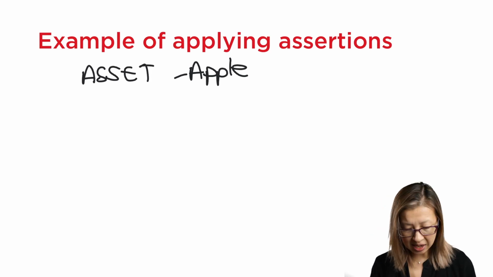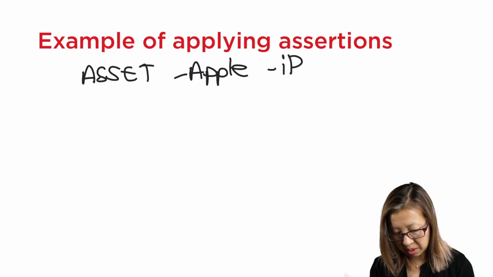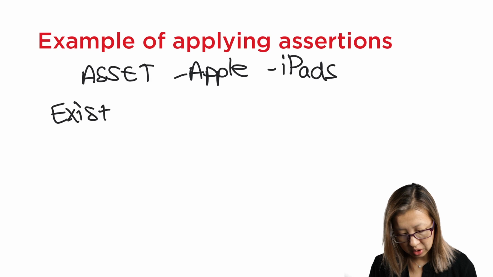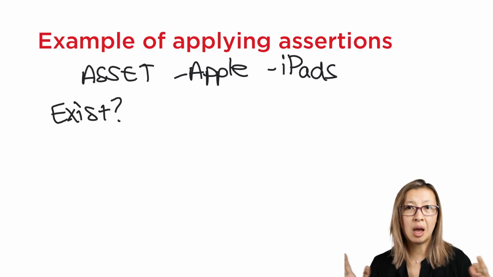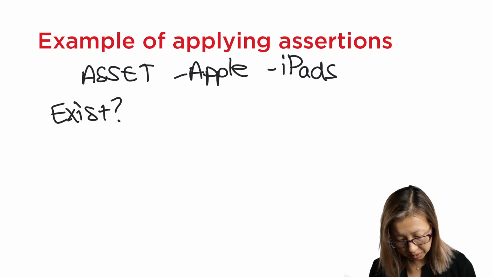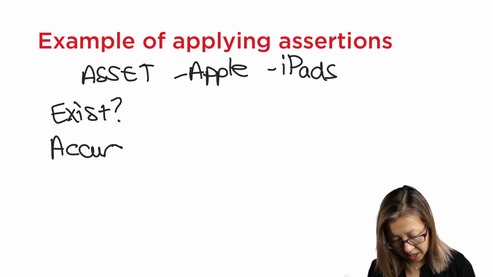So if I'm looking at the asset, I need to make sure that with my iPads, do they exist? If the company says that there are 500 iPads in stock, do we have 500 in the warehouse? So that's the first one, existence. The second one is going to be accuracy,